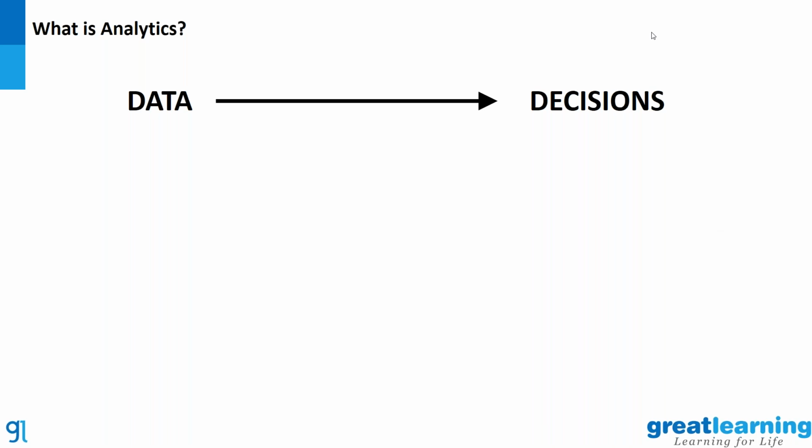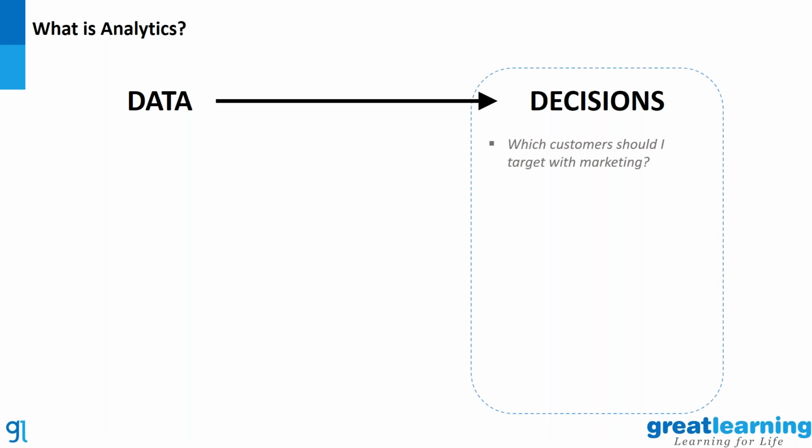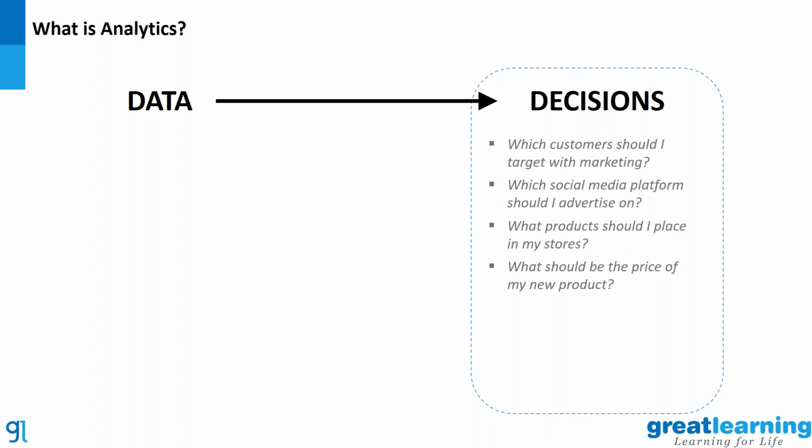Yep. So I think as quite a few of you have mentioned, some of the decisions that you could be taking in businesses are, which customer should I target with marketing? Which social media platform should I advertise on? What product should I place in my stores? What should be the price of my new product? How to improve my customer satisfaction? Or how do I improve my organization's productivity? There's examples, very, very few examples of a lot of decisions that are taken on a daily basis by businesses. Now, in order to take those decisions, what kind of data do you think is